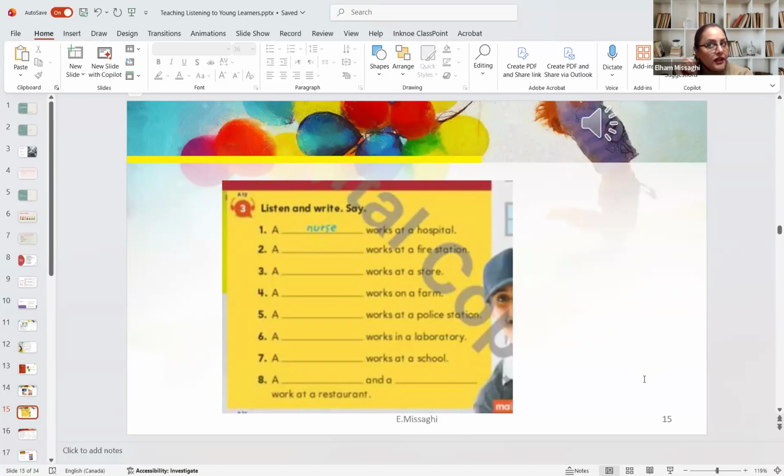They're listening. They understand the pronunciation. Nurse, not first. It's nurse, and they spell it correctly. Okay. So when you want to plan for your students, this is important. Work on the comprehension part and the linguistic part, both. Not only what was it about, but also the new words, the vocabulary, and the grammar part.